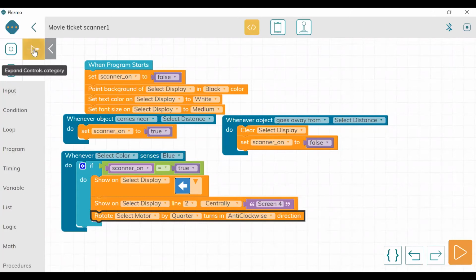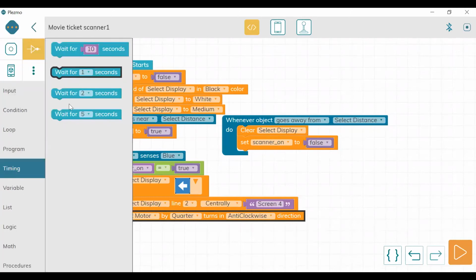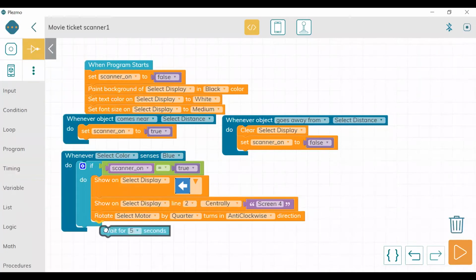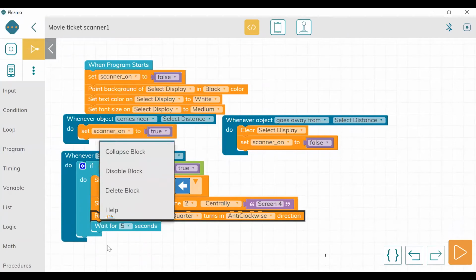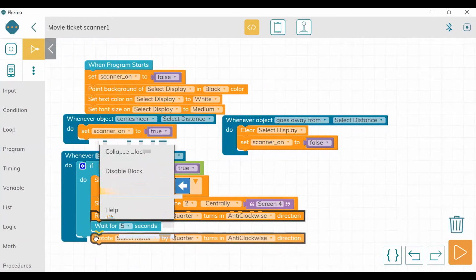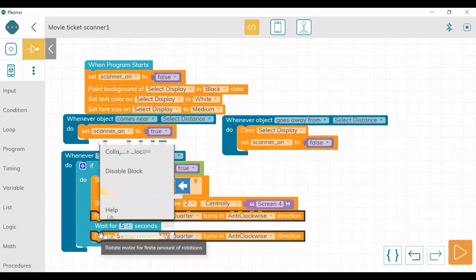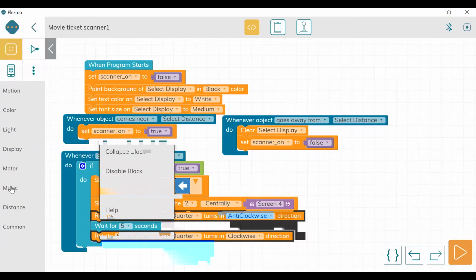Again, here we have to go to timing, wait for 5 seconds, and then we can again rotate the motor back to its original position clockwise. And the most important part again, that is clear display.